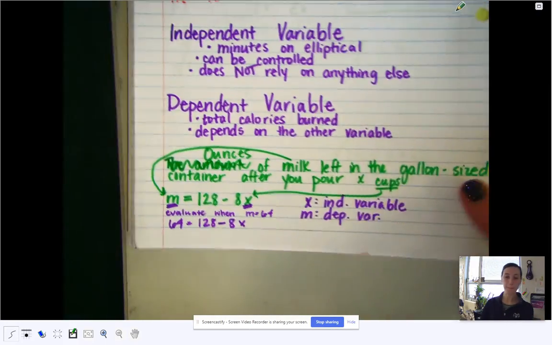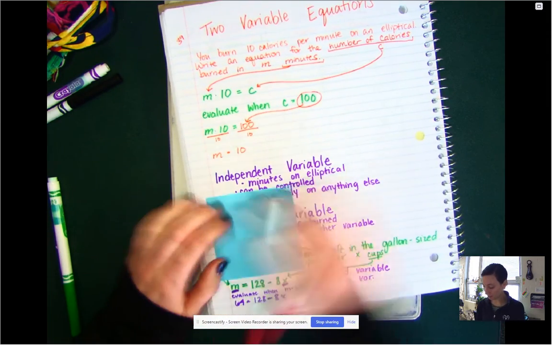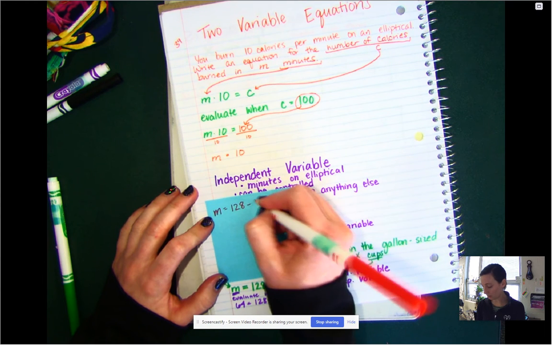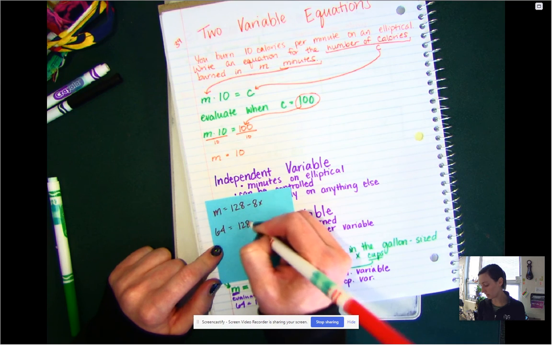Okay, we are on the other side of 39 right now, and I figured out a couple of things. First thing is, I'm really quick going to show you how to solve that problem. You do not need to write this down in your notebook. If you want to, you can totally write it down. Some of you will probably want to see this, and some of you are like, yeah, whatever, I don't need to know. So when we know that it's 64 ounces of milk left,